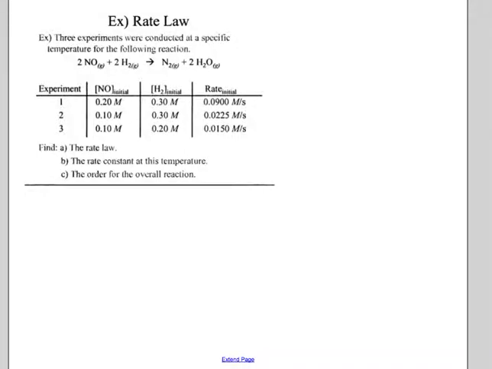So this is calculating the rate law for a reaction. In this one, here's the example: 3 experiments conducted at a specific temperature for the following reaction. Now remember, the rate law cannot be determined by just looking at the chemical equation. It has to be experimentally done. So here are 3 experiments using the same type of material, and we're going to do a rate